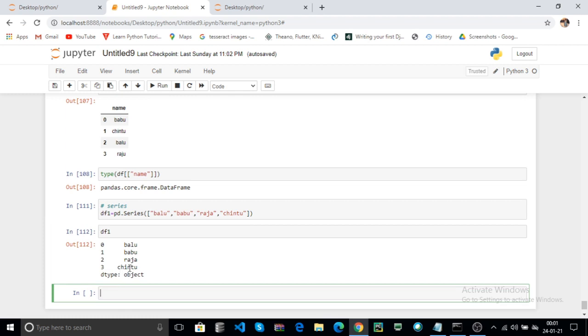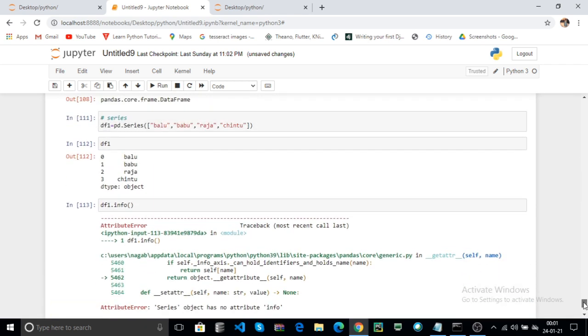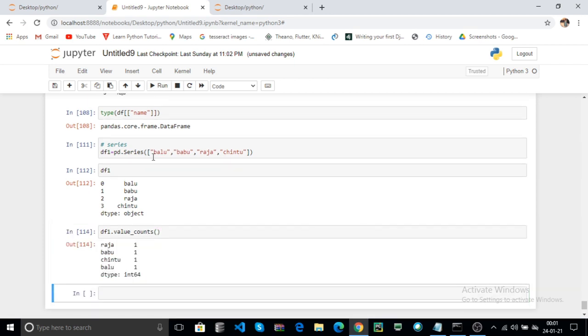You can use any method, for example, df1.info. Here it returns the information. Then it is a series object. There is no attribute info. You can also use value_counts. This is a series method, not a data frame method. It returns the value counts of your unique data items.